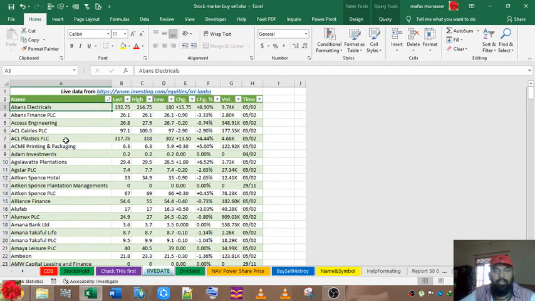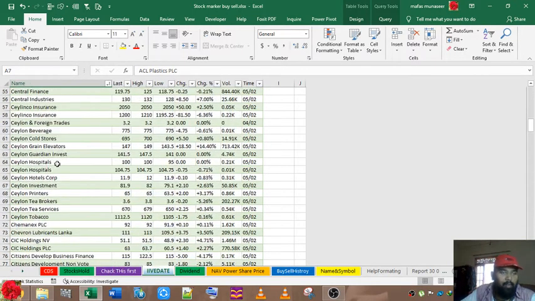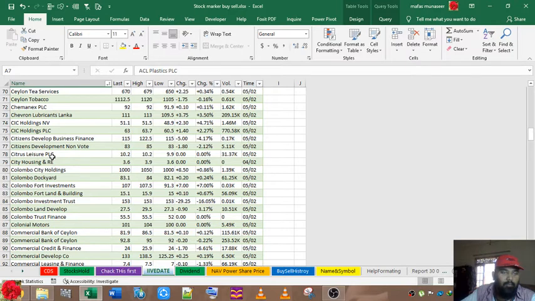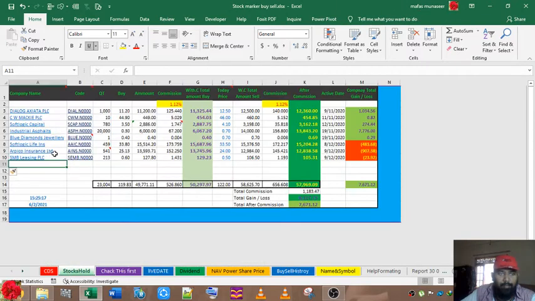So far the data I'm getting here is near accurate, not 100%, but at least 90 to 95%. The only problem here is certain names. Look at the Ceylon Guardian and the university, there is no PLC, while some companies have PLC. Companies like City Holdings are listed in the Sri Lanka Stock Exchange without mentioning the name like that. Whatever name I'm mentioning here, I just send them an email.